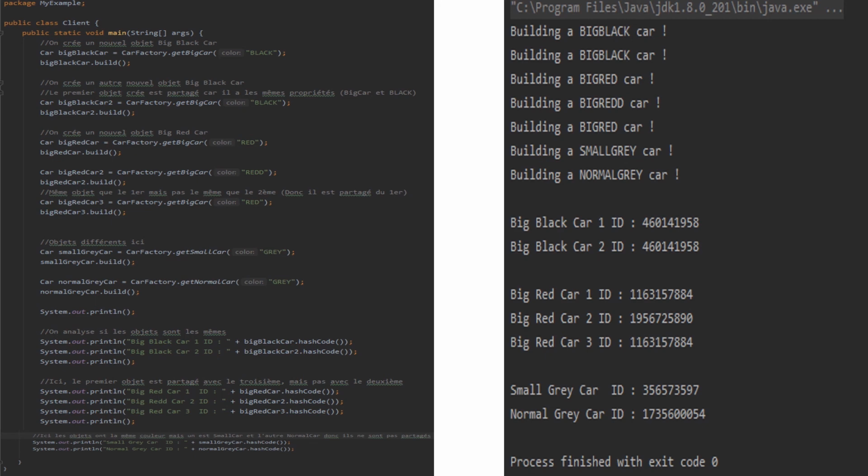And at last, I created one small gray car and one normal gray car, so they both have the same color, but they come from a different concrete flyweight, so they will have a different ID, as you can see on the right side.